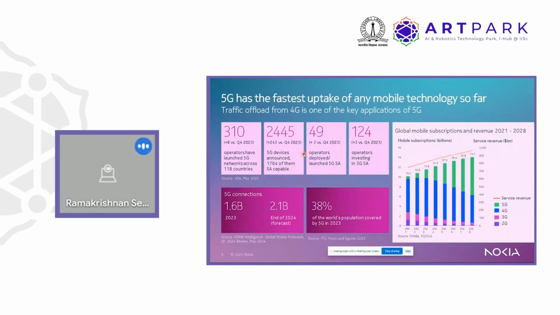The physical layer for 5G is pretty much the same as 4G, or similar to 4G, except for the subcarrier spacing. So we know how things are going to happen and what different problems we're going to get, and hence there is a definitive increase in the speed at which we have been able to accept 5G as a technology. And if you look at the global operator space, there were 310 operators as of Q4 2023, which is last year's numbers, which is still nine months before, but still is a good indication that 5G is not something new.